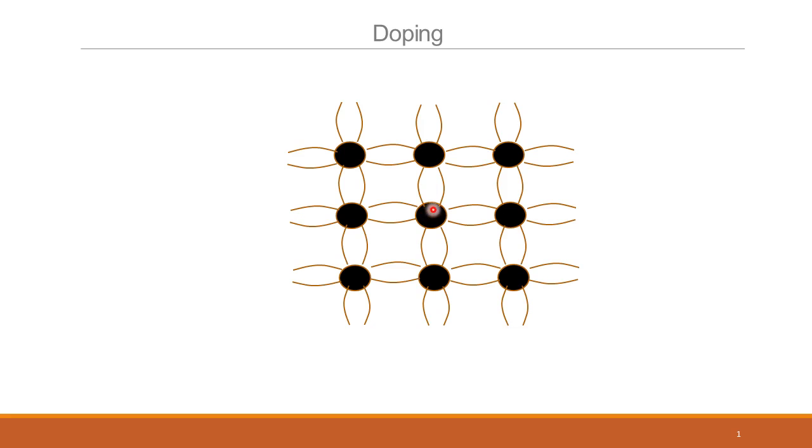Each of the silicon atoms shares one electron with the neighboring atom. So, for example, this atom here shares an electron with the neighboring silicon atom represented by this brown arc, and this silicon atom shares an electron represented by this brown arc. Similarly for these sides. So each of these atoms is sharing 8 electrons in its outer shell, and hence they are stable.